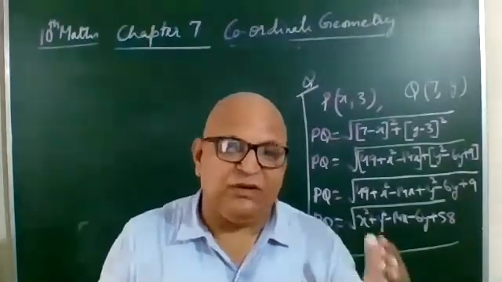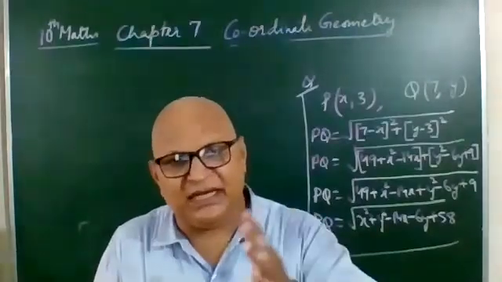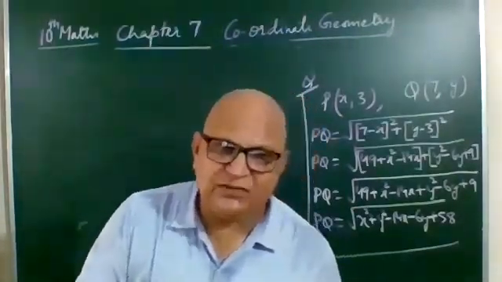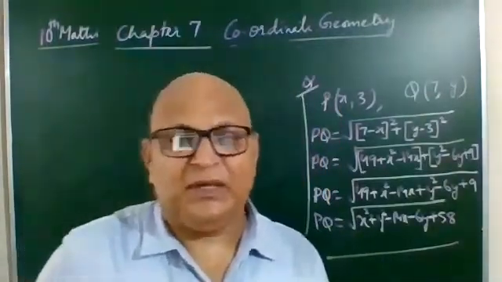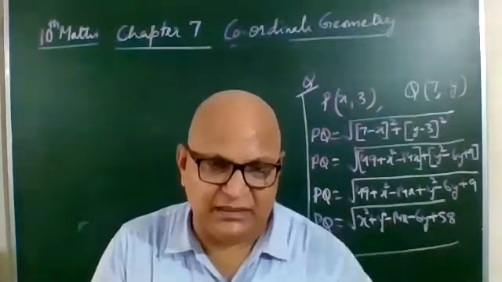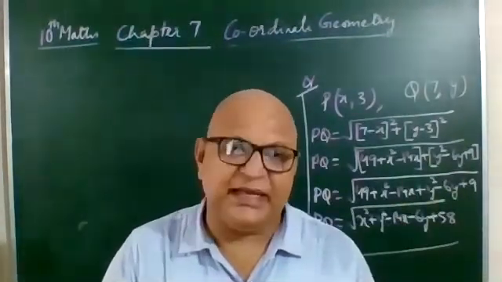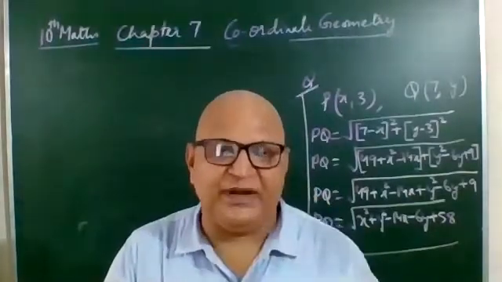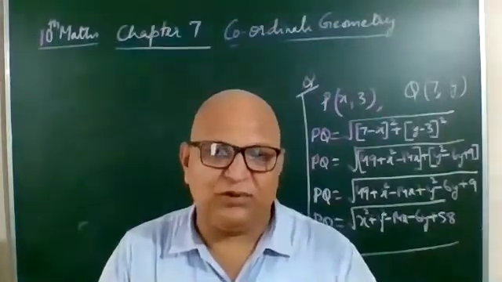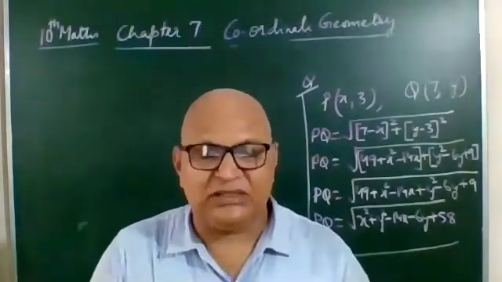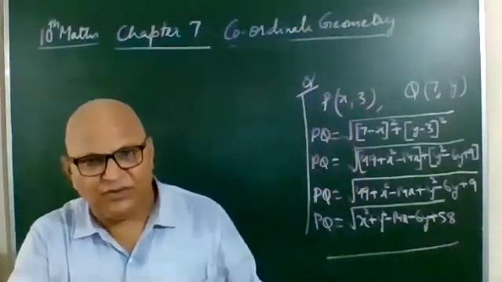Here you will find all sides and diagonals. If all sides are equal and diagonals are equal, we say the given points are the vertices of a square. Now comes the rectangle. Opposite sides should be equal and diagonals equal. In the case of a rhombus, you find the four sides, and all sides are equal, so the given points are the vertices of a rhombus.